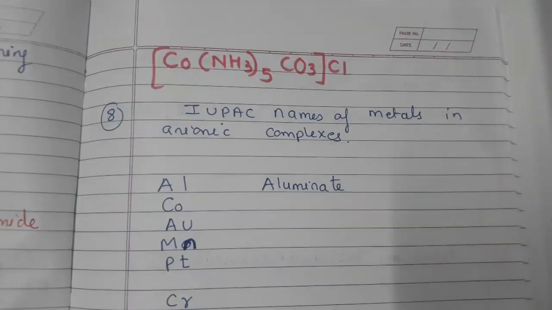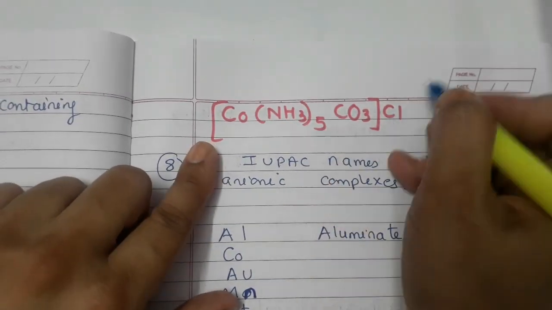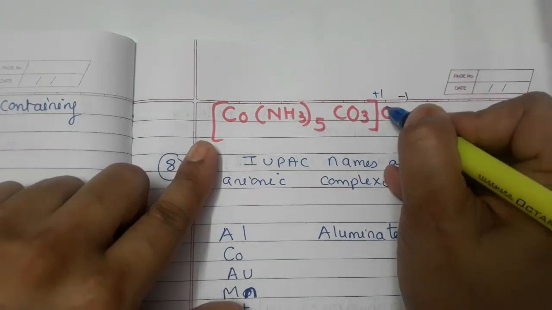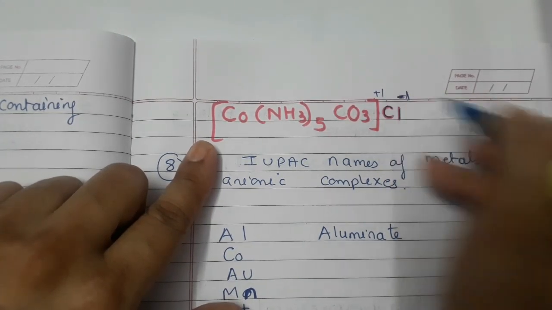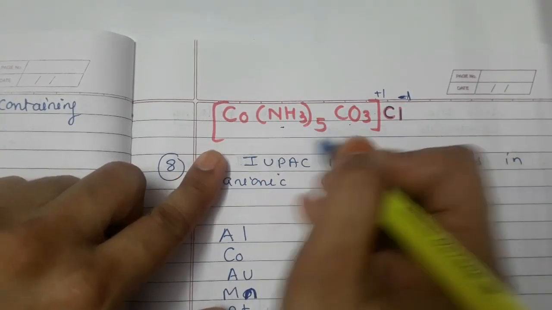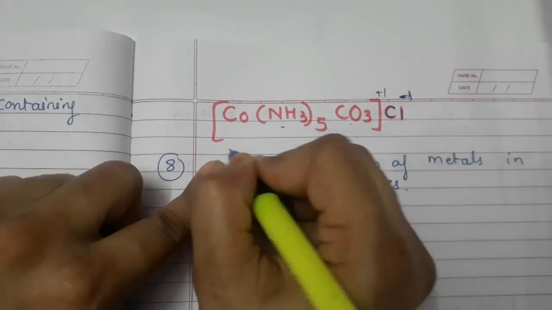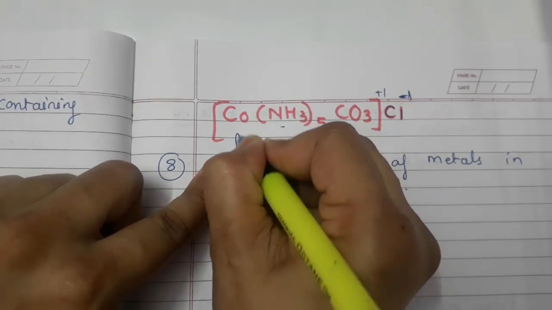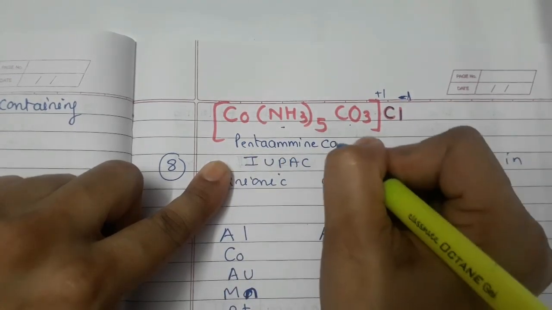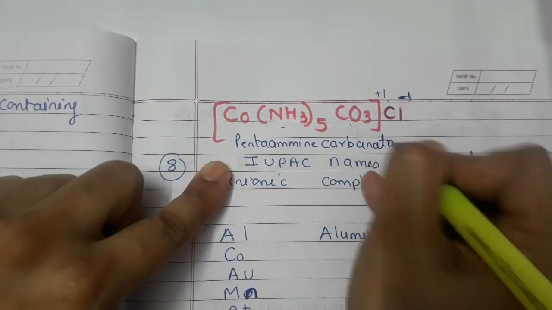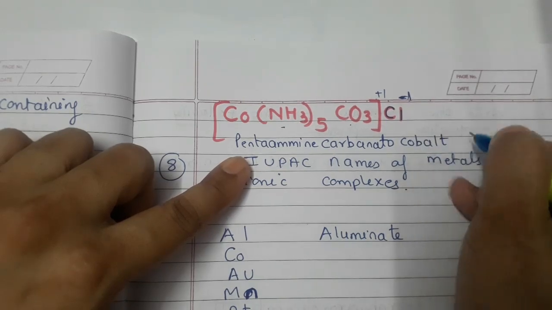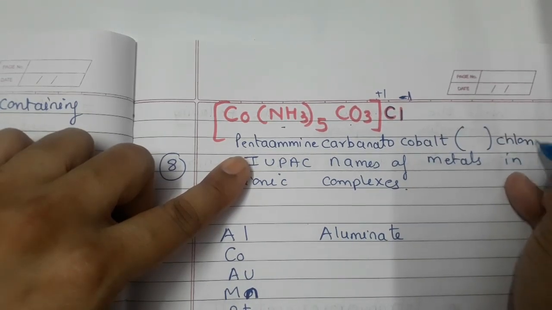Now just look here, we are having one more complex. Let us split. No charge is there. It means here it is plus 1, here it is minus 1, because we know Cl is having minus 1. Hence I wrote here plus 1. Now it is amine, it is carbonato. Amine comes first. So yes, you also in your mind try to answer this. Yes, it is pentaamine. Okay. Then carbonato. Look at the list of the ligands which I have explained. Pentaamine carbonato, cobalt. Yes. Now here the oxidation state will come and then chloride.